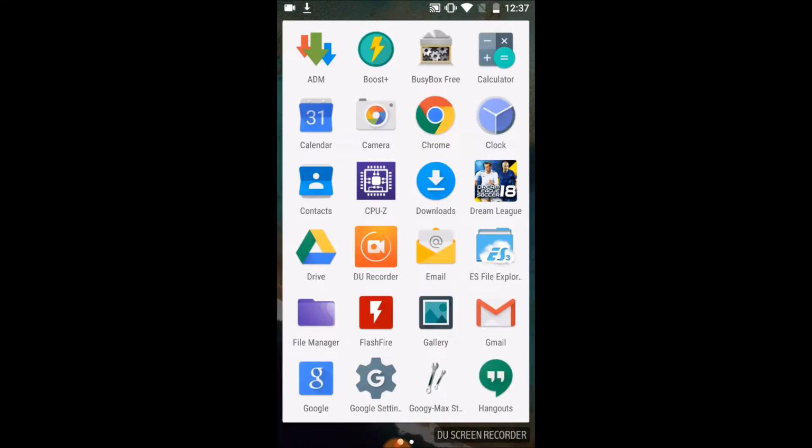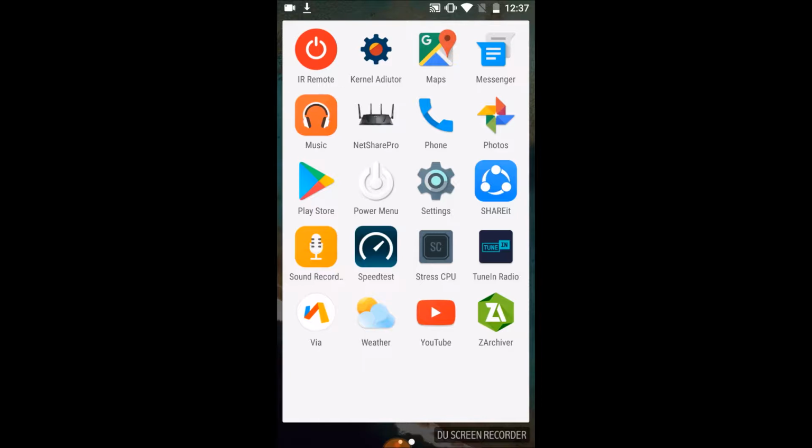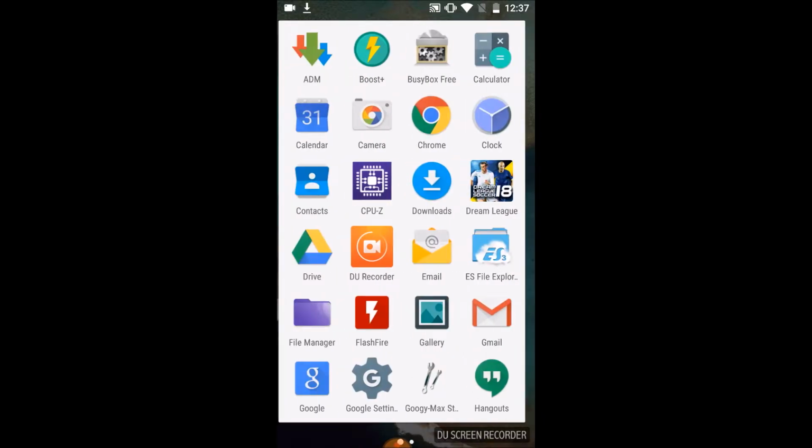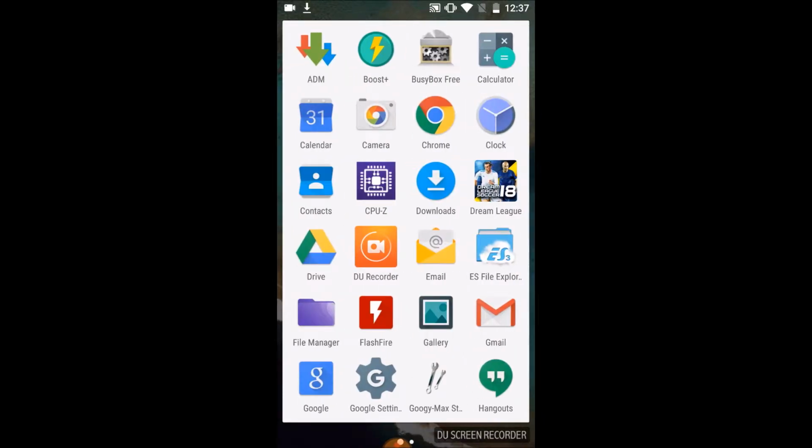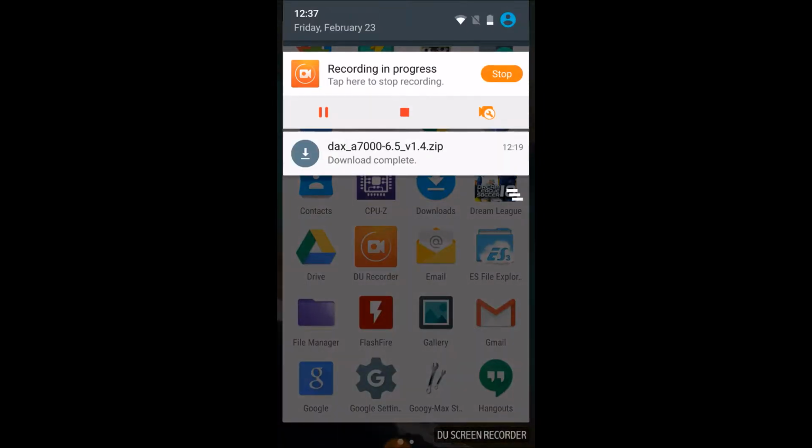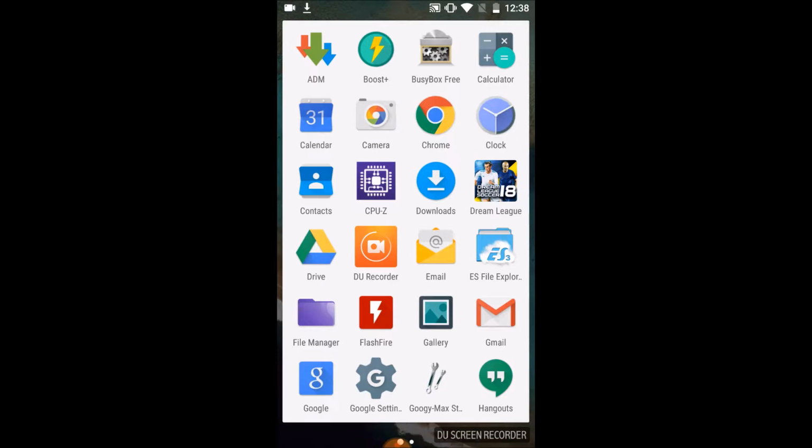Now if you have root, you must have root with SuperSU. If you have root with SuperSU, you can download FlashFire, and you don't have to use TWRP if you have FlashFire, because FlashFire makes it easier. And you can see I have the file downloaded here. So you just go to FlashFire